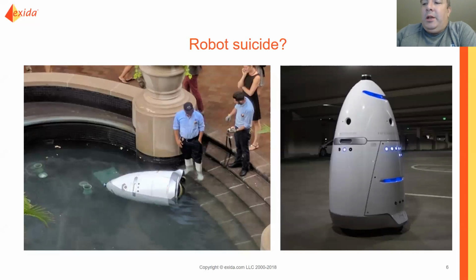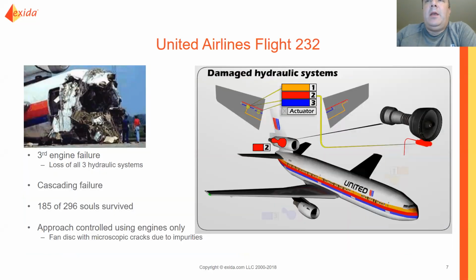And I'm actually in Houston this week doing a training course on automotive functional safety. And of course, it wasn't too long ago that a valve failed in the Gulf of Mexico, and a lot of money was lost as a result of that. It's not unique to the industries I work in. Aircraft have this kind of problem too. Here's an example of what we'd call a cascading failure. I got these pictures from Wikipedia. You can go and review the